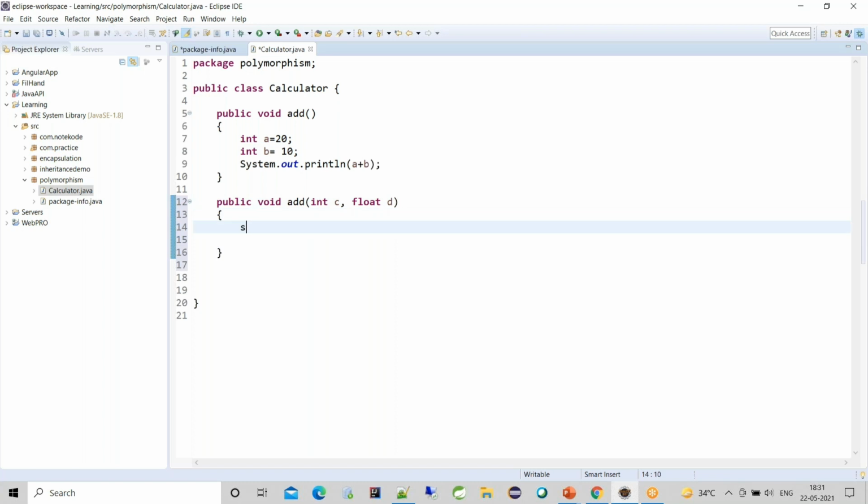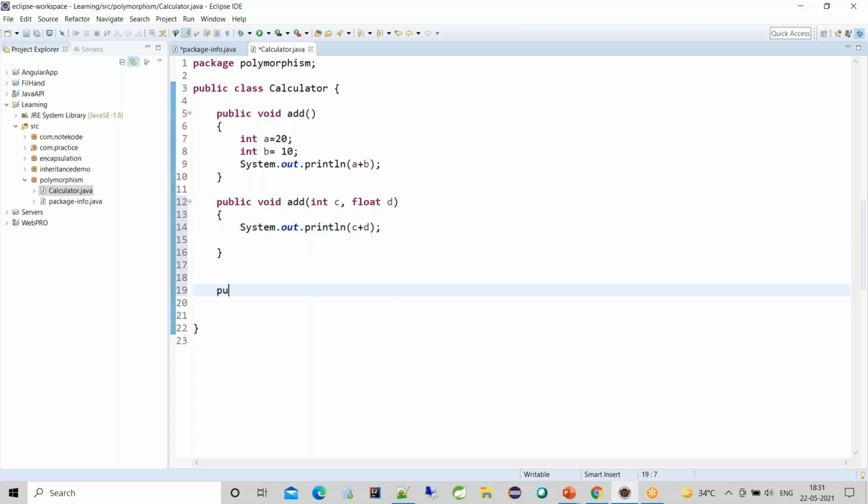Okay, fine. Now I'll print this sum. Let me create another add method. It will show a similar error. So let me provide three parameters here, float e, float f, and float g.